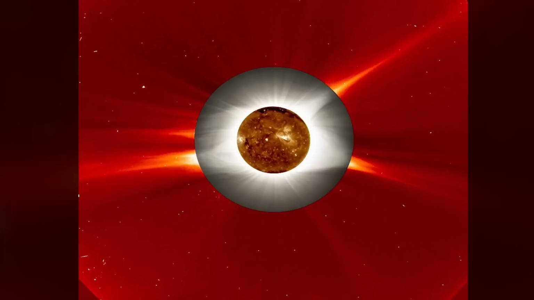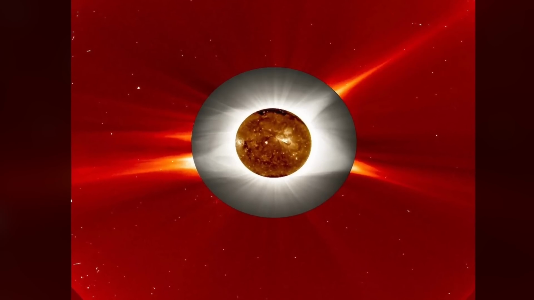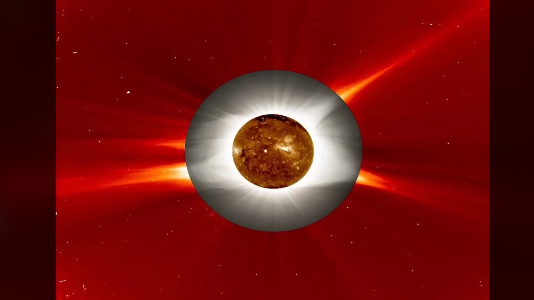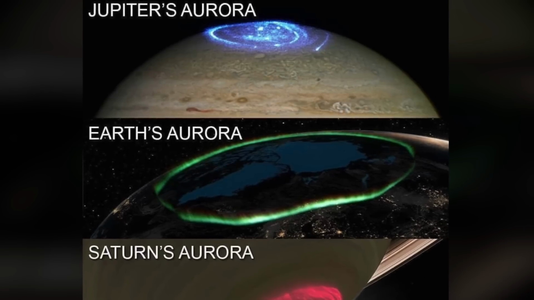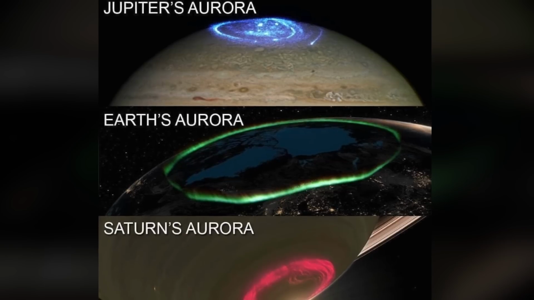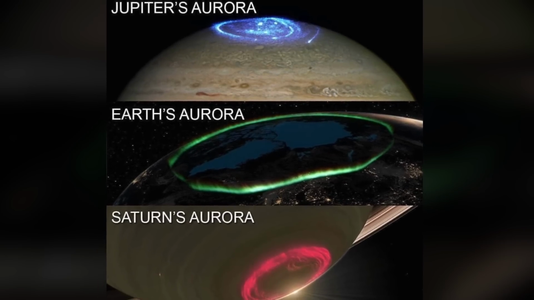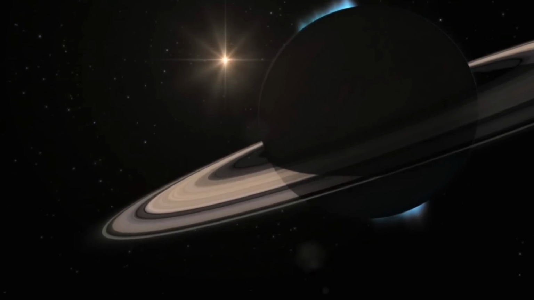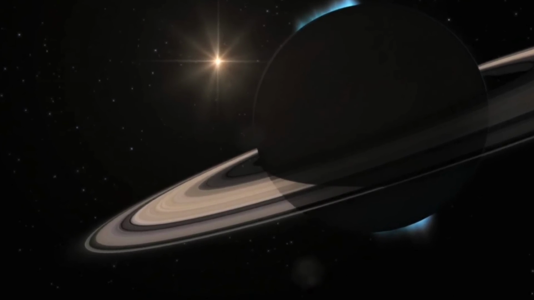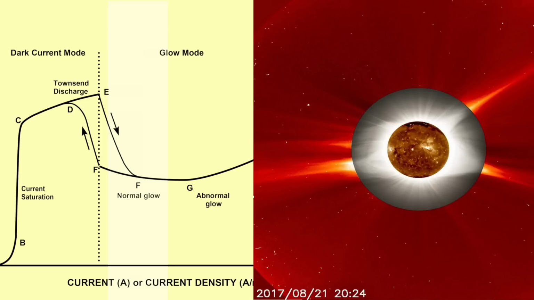Birkeland currents. Some of these streamer filaments may travel out to the various planets. It's likely that the strongest of them are indeed the Birkeland currents that eventually end at the poles of Jupiter, Saturn, and Earth, planets that exhibit strong auroras. The most distant extent of those Birkeland currents determines, or is determined by, the boundary between the glow mode and the dark mode of the sun's plasma atmosphere. That's at point F.